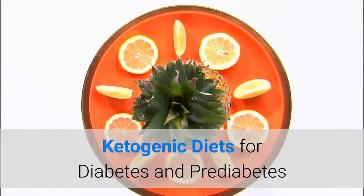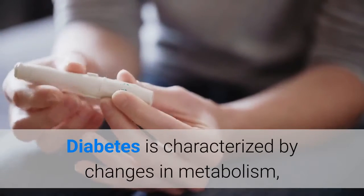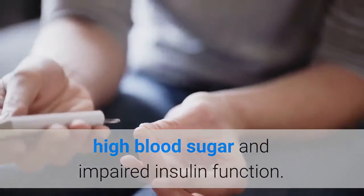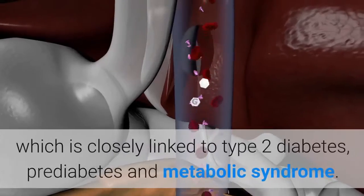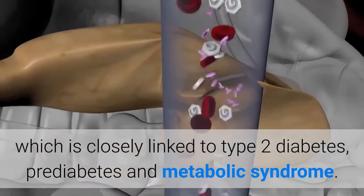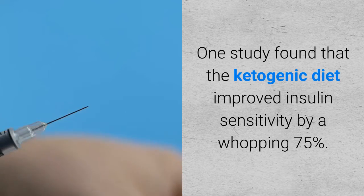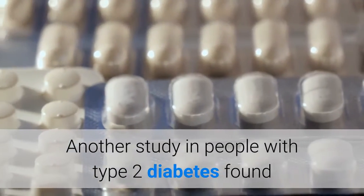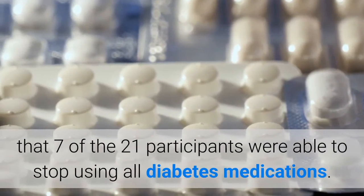Ketogenic diets for diabetes and prediabetes. Diabetes is characterized by changes in metabolism, high blood sugar and impaired insulin function. The ketogenic diet can help you lose excess fat, which is closely linked to type 2 diabetes, prediabetes and metabolic syndrome. One study found that the ketogenic diet improved insulin sensitivity by a whopping 75%. Another study in people with type 2 diabetes found that 7 of the 21 participants were able to stop using